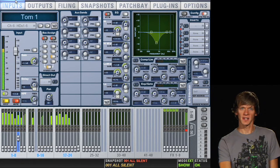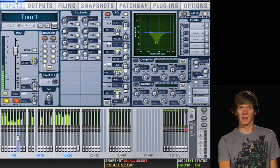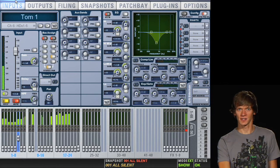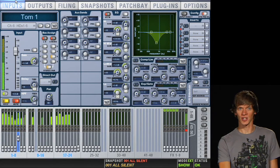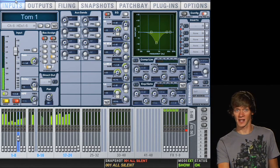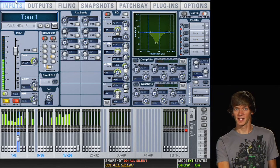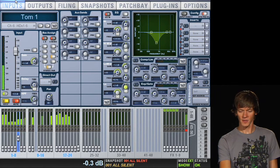Now that we've done that, we can add some lower frequencies to the drum to add some beef, some body to the tone of the drum. Now, if you have an RTA or an analyzer, something like Smart, you can kind of cheat here and look at that to see what frequency the drum naturally wants to sing at. So this is tom 1 or rack tom, and so it's probably going to be a little higher, somewhere maybe around 110 or 120. So we'll boost down here